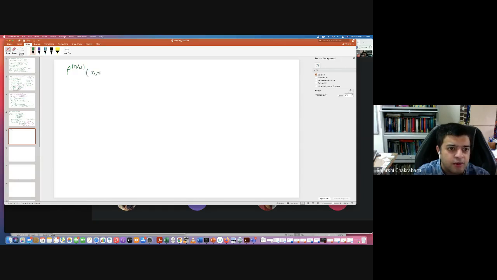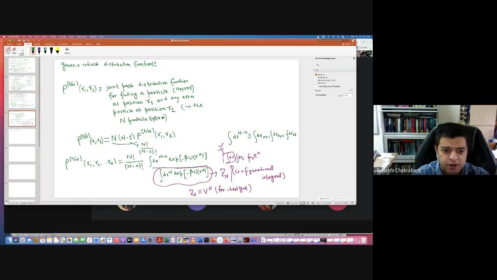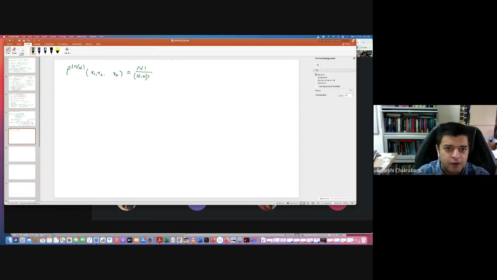R1, R2 up to R to the power of n, isn't it? What do you have on your right hand side? You remember? N factorial divided by N minus n factorial. Essentially, this is not z to the power of N. So I have 1 over Zn,